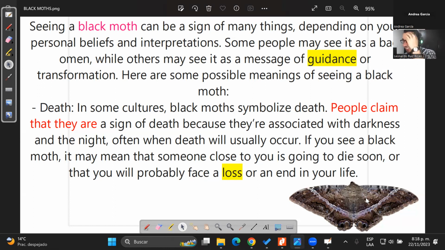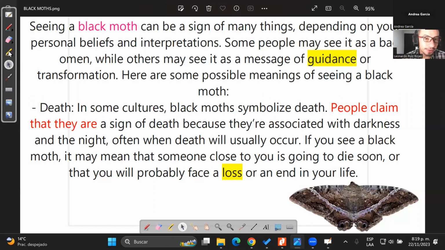The people here normally get very close to look at the number. Really? Yes. Here in Cundinamarca it is different, because people believe that if you see a black moth in your house, it's because somebody is going to die. Somebody close to your family is going to die. No, here no. Okay. Here basically the black moth has the numbers for the lottery. I haven't ever heard about it. Good, very good.